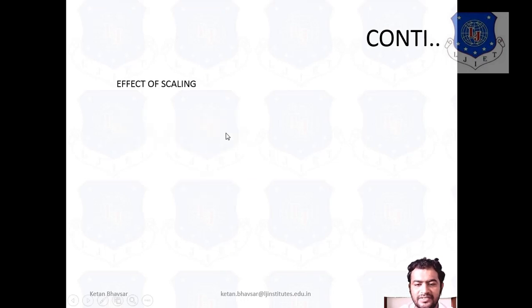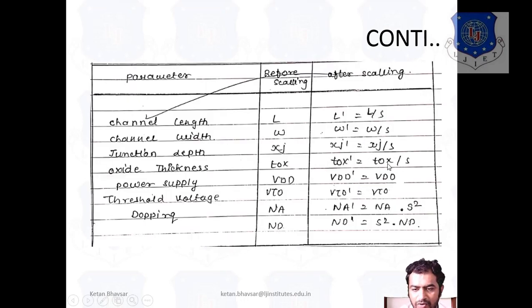Now, the effect of scaling. What exactly is the effect produced? We will move on to the linear current and saturation current, but before that we look at this particular part. Cox' is equal to εox' upon tox' after the scaling concept. It means Cox is equal to εox upon tox. So, as you know, tox is as we have seen from here, so we directly convert it into S times Cox.